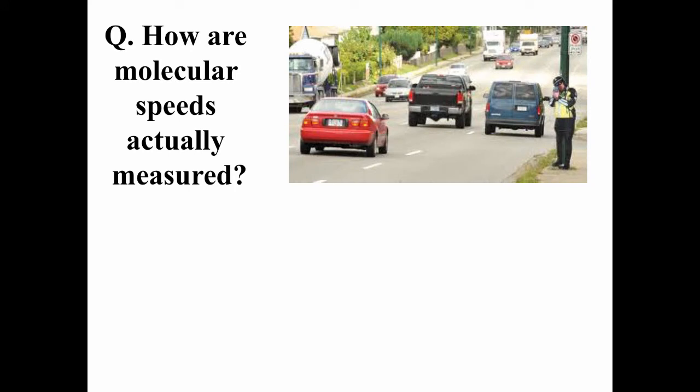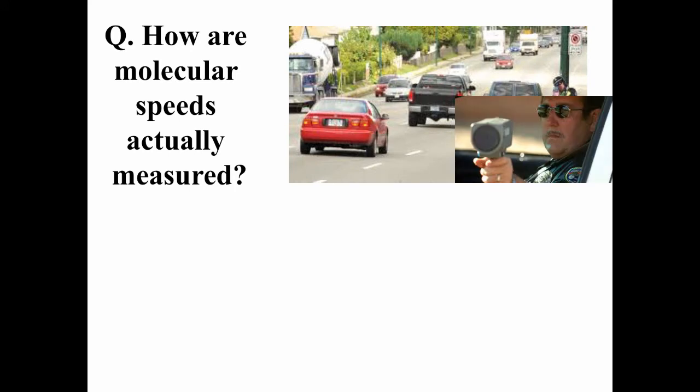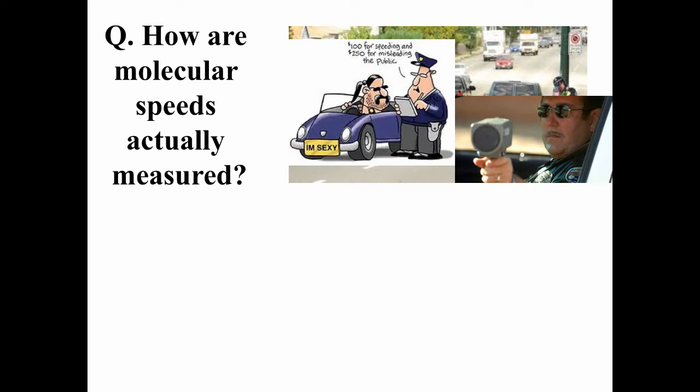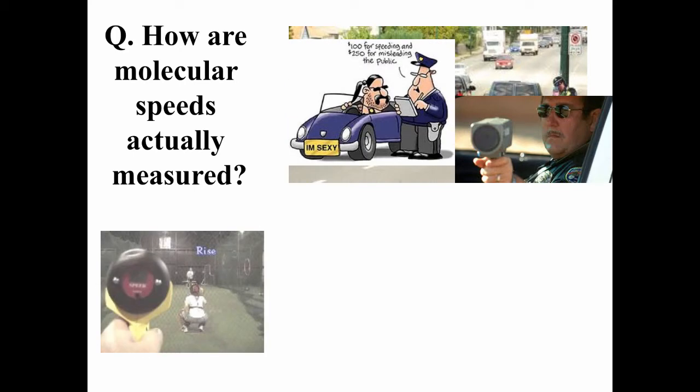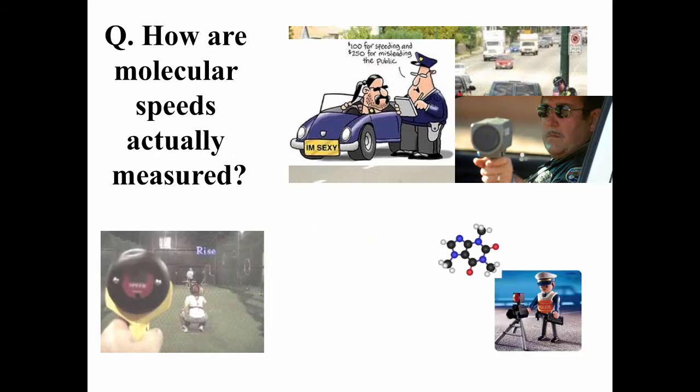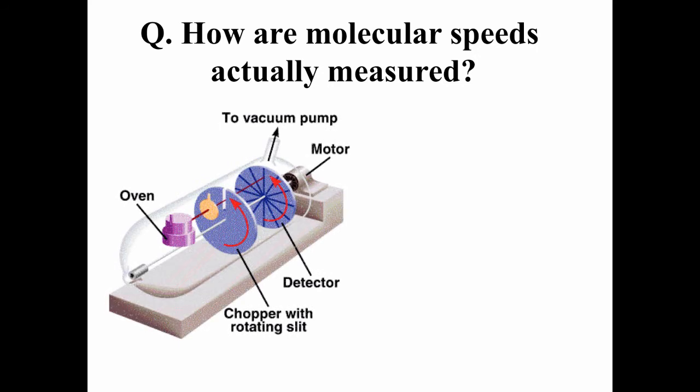Now you might be wondering how molecular speeds are actually measured. We can, of course, put a radar gun on cars and determine their speed directly. And we can use a radar gun on a softball or baseball being pitched and measure its speed. But we can't really put a radar gun on a molecule. That is not particularly doable, but there's a clever way that we can determine molecular speeds using the